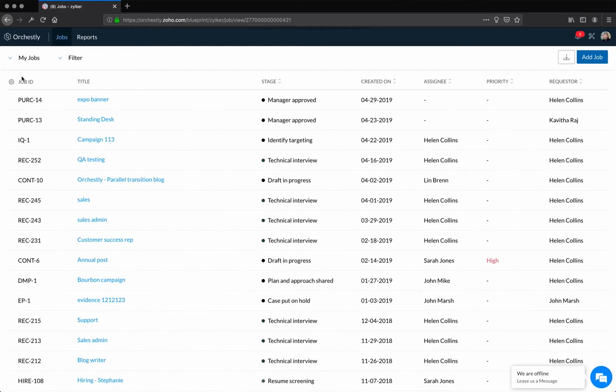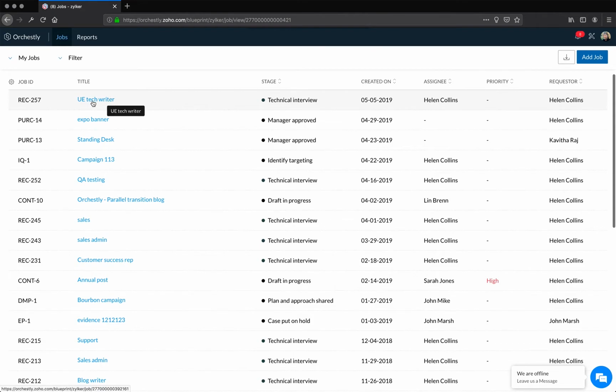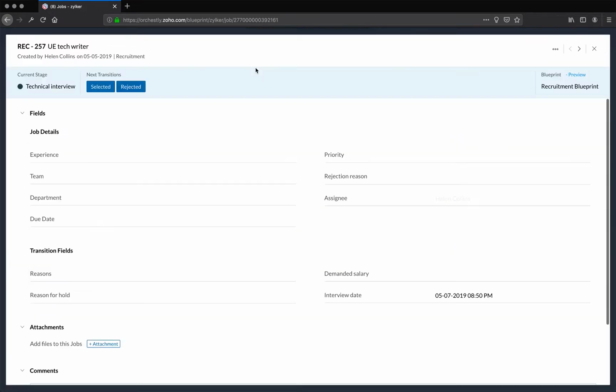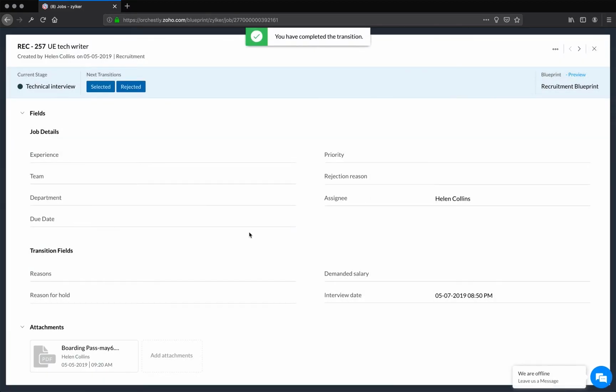Now if we move back and check out the screen of the technical manager, he is now able to see this job as this particular section is awaiting his approval or rejection. Now he can choose to select or reject. And again, you can customize that pop-up to mean whatever you want and to collect whatever information that you want. Now this is in essence how the entire job is going to progress,